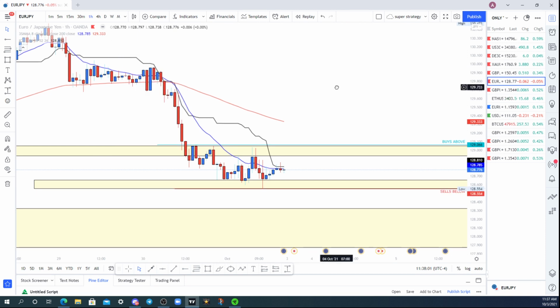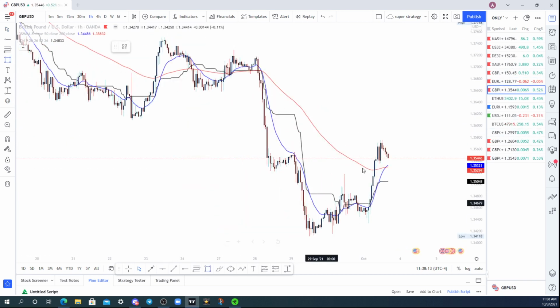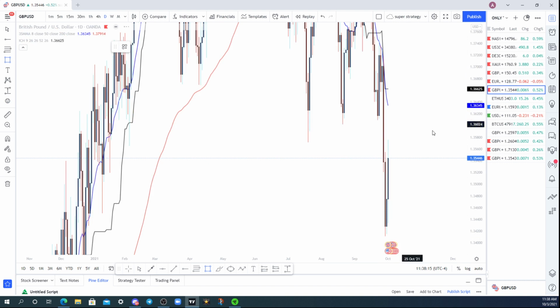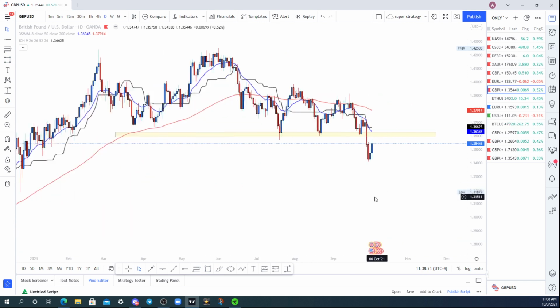I'm gonna see how everything is setting up before I enter my plane, and might just call buy stops and sell stops to see if we can catch a little move before our session. GBP USD. Let's take a look here at GBP USD on the daily time frame. We broke these lows over here that I really thought we were gonna respect, but